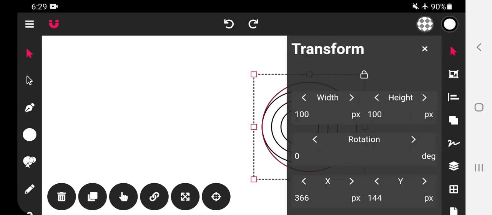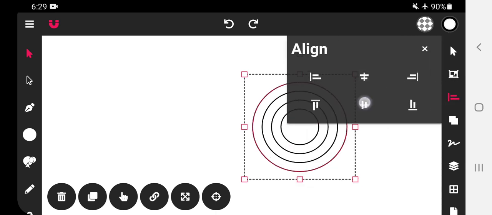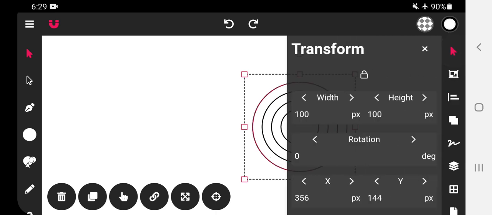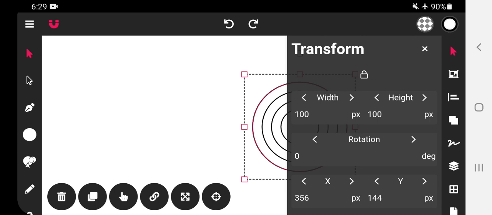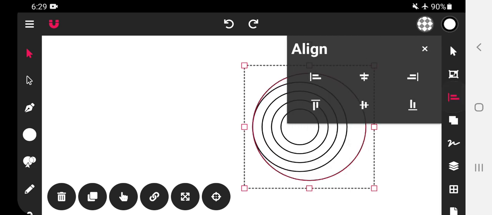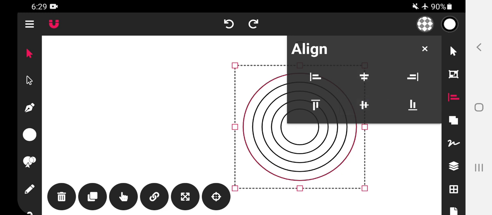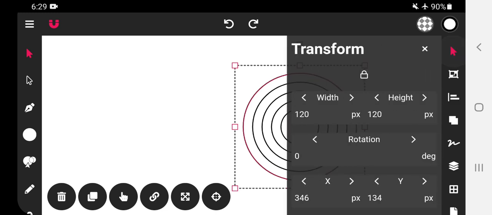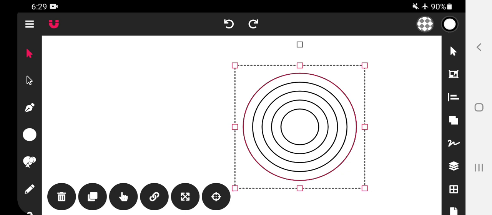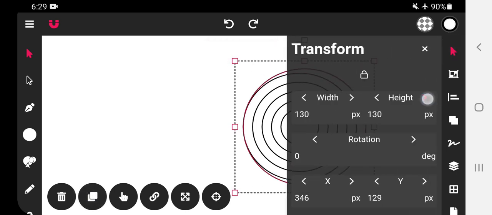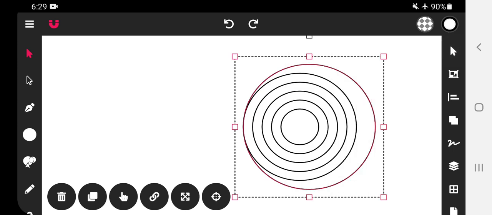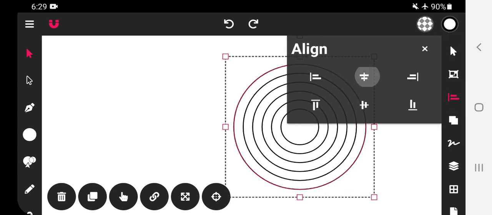Two times tapping. Again make a copy. So few circles are formed. We will make one more circle. Okay. We will align this to center.